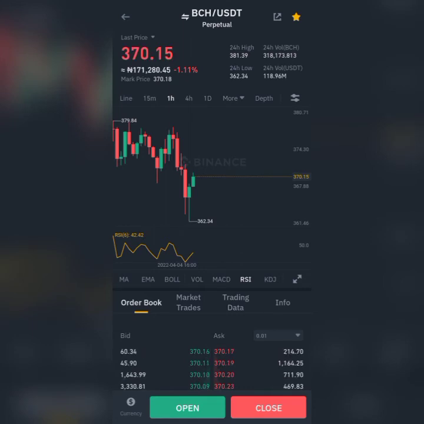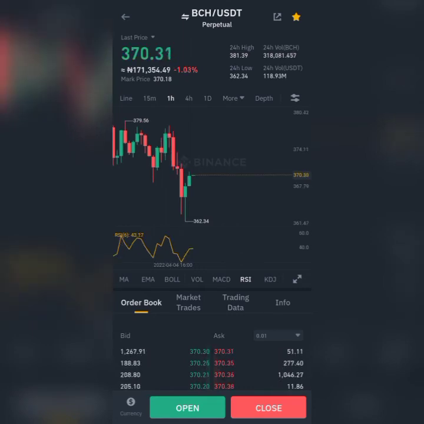Now if it's from 30 to 80, it's actually telling you that it's not too much, it's still in a neutral position. The buyers and the sellers are maybe still neutral, just one is just above the other, and at that time it's showing that the state of the market is still neutral. You can buy, you can sell. But anything above 80, going to 80, 90, 100, is showing that the market is overbought, telling you that it's a good time to either keep buying or sell, because when it gets to